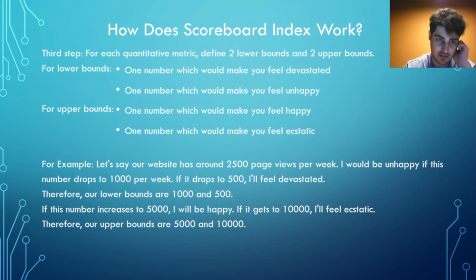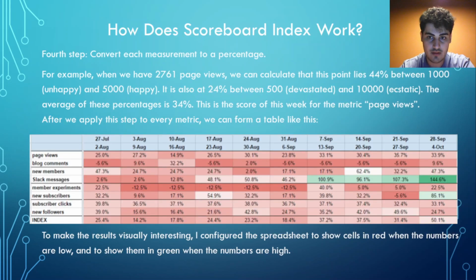I would be happy if we reach 5,000 page views, and I will feel ecstatic if we reach 10,000 page views per week. So these are our upper bounds. And then when you define those upper and lower bounds for every metric,